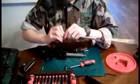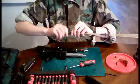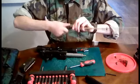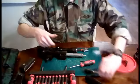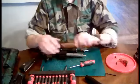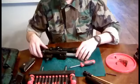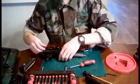Then you can slide this piece back up on there. So that's basically all you do with the barrel. Then you can screw this back in, put it back in the barrel. It's pretty simple. So that's how you would upgrade the hop-up and your barrel. That's as far as replacing the barrel or the hop-up system or anything like that. So now as far as the spring,